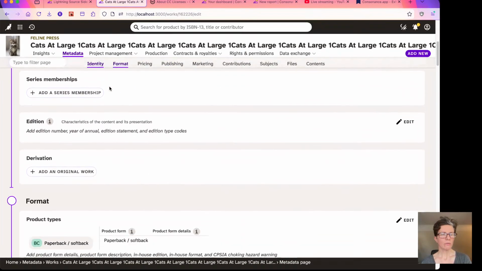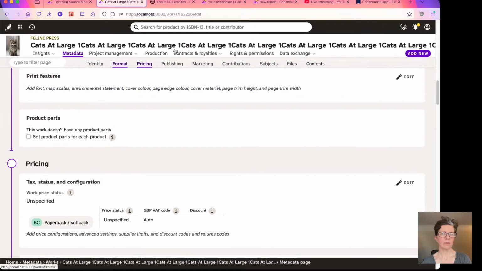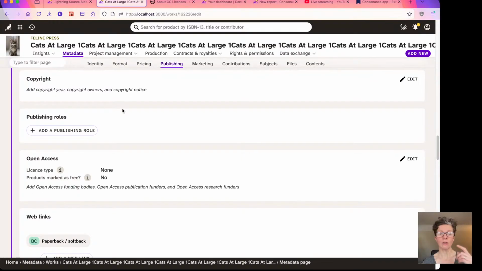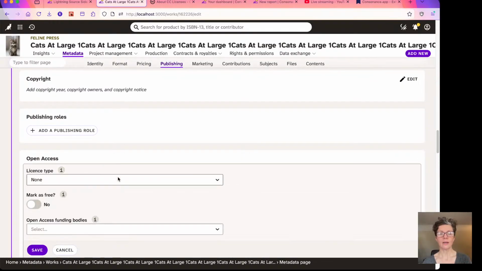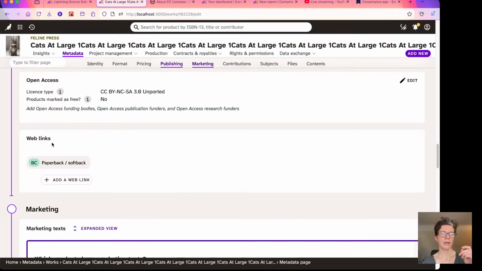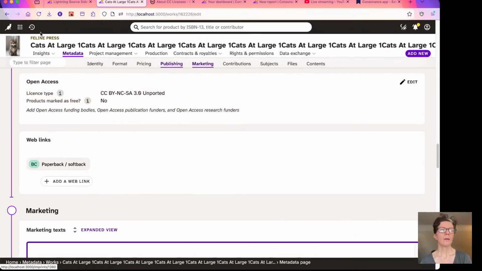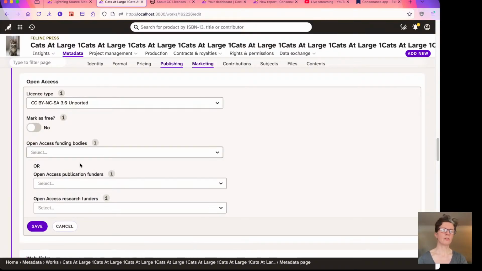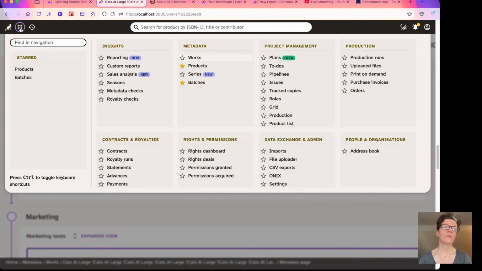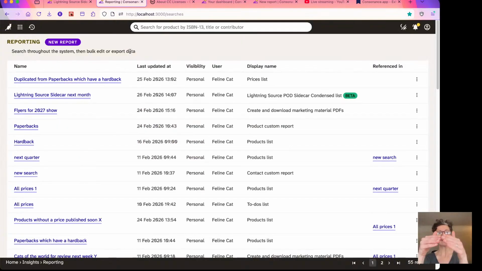Once you have entered your information there, actually, did I save it? Because I was going to say, once you've entered your information there, you can go and find it within the search area. And I never actually saved. So let's save. That's great. And I'll need to put a funder in actually. Bestsellers, lovely. So now I can make my way over to the reporting area, and I can use that information to whittle down and filter the information